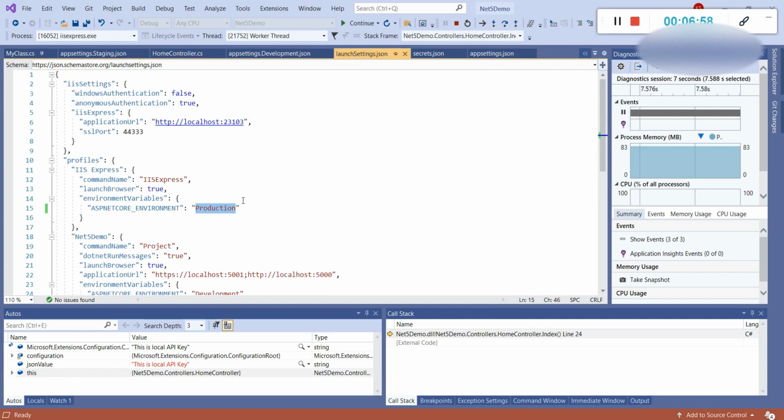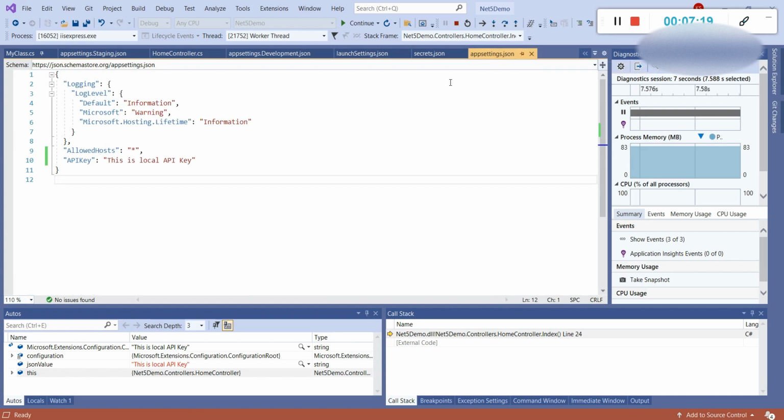So in launchSettings, whatever environment is set, it will get data from that respective JSON file. But if we do not have any environment JSON file, then the data from the appsettings JSON file will be captured. So this is the main use of the appsettings.environment.json file, to isolate your environment related configuration.